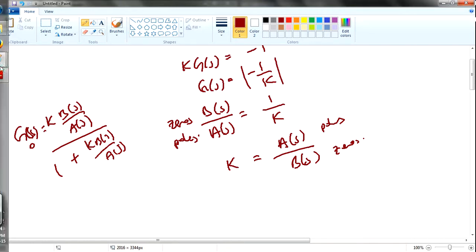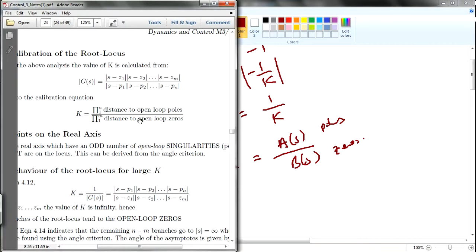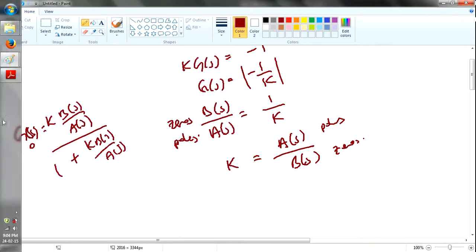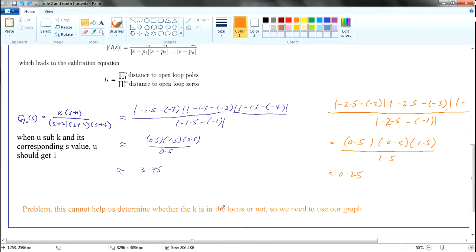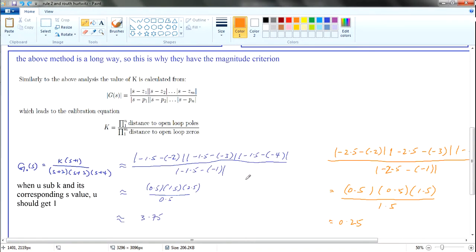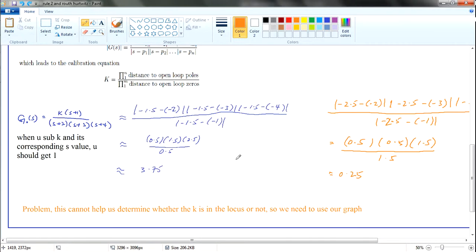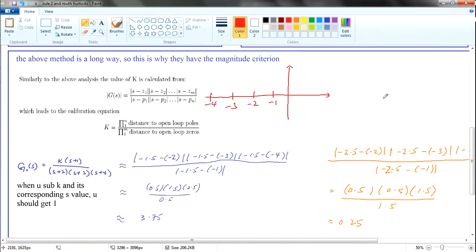So B(s) and A(s) are always the open loop poles and zeros. That's what it is. So as you can see, these are all the distances to the open loop poles and open loop zeros. This is how it is derived, but in actual fact, how you want to solve the question, right? So this is always the key question. So let's take a look. Maybe I should draw a diagram. This is the root locus, real and imaginary, and s plus 1 is the zero, and you have the poles over here.